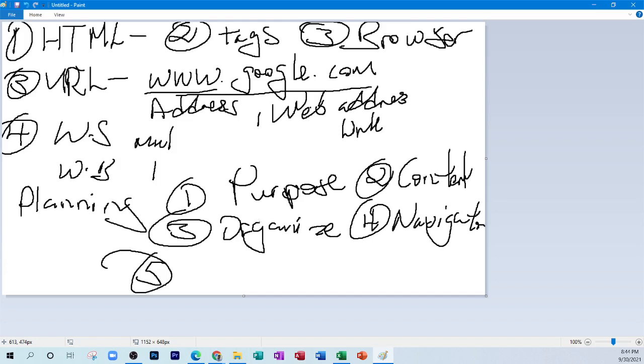Start at E. Economy. So how affordable or how practical is it for a person to be able to use your website? Can they afford to use it? And then 6,